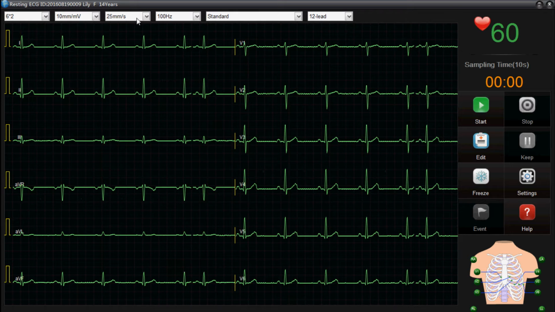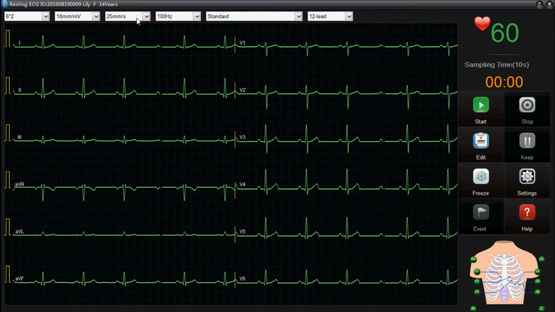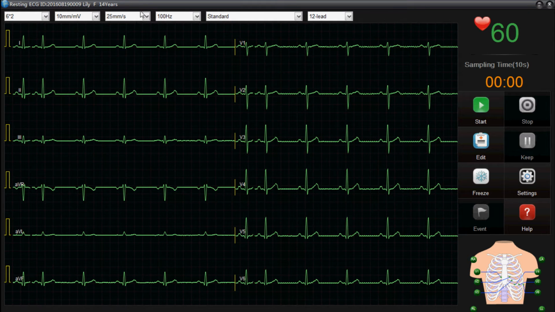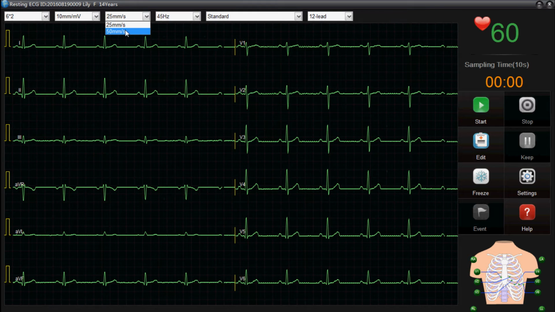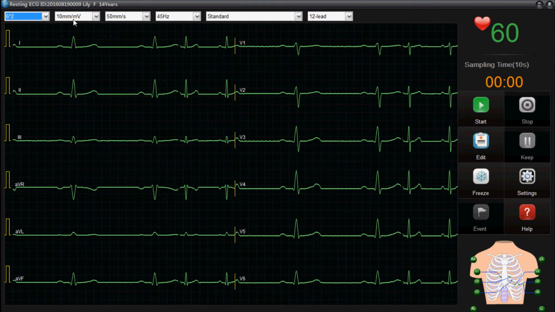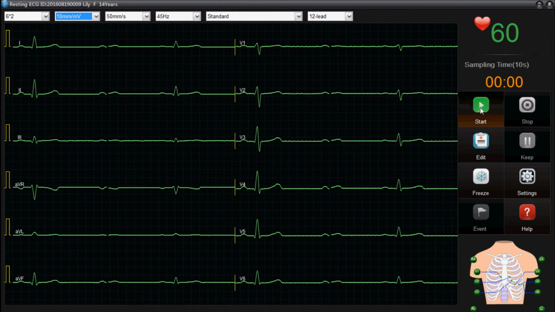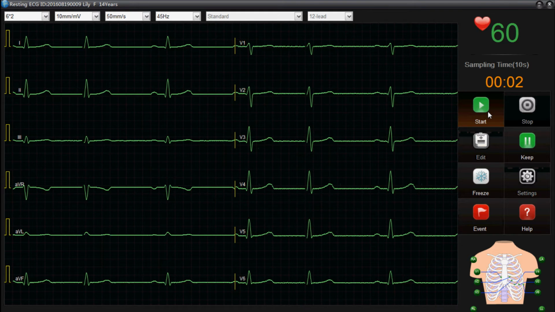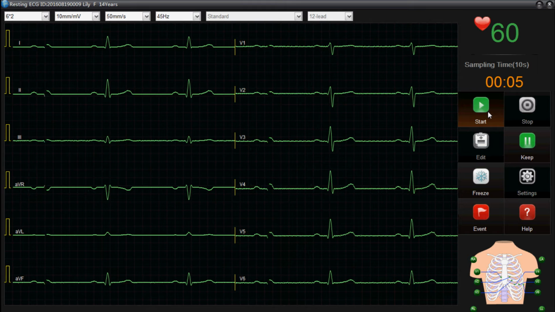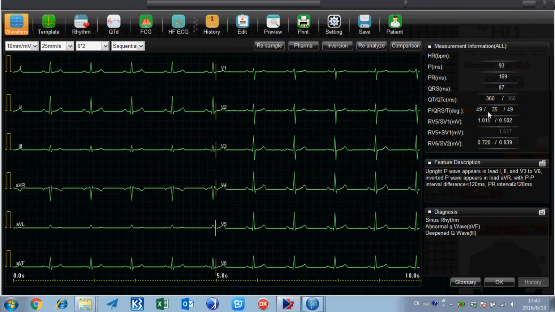After successfully entering the examination interface, attach the ECG electrodes to the patient and acquire the ECG waveform. You may manually adjust the filter or amplitude settings until you get a satisfactory waveform to display on screen. Press the Start button to initiate the sampling procedure. After a 10-second sampling period, you may enter the analysis interface, which allows you to perform further actions like diagnose,